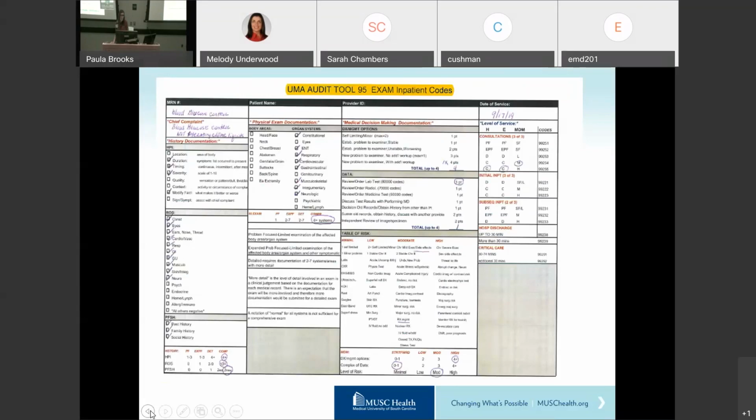So this was a new problem with additional workup. So that's 4 points. They reviewed labs, which was 1. So in putting this together, we have 4, 1, and then we can look at this as